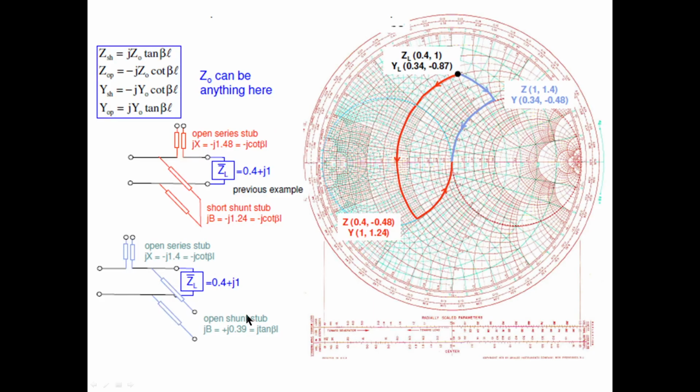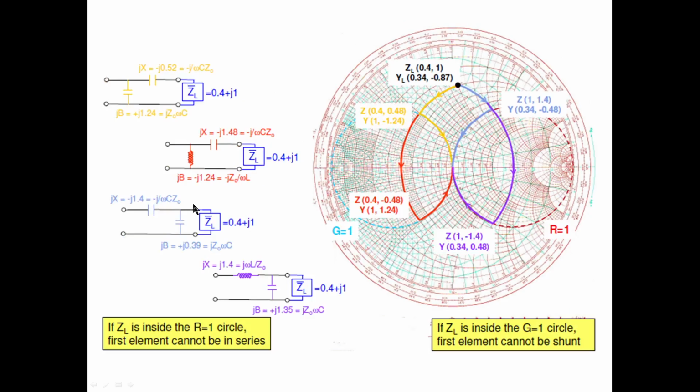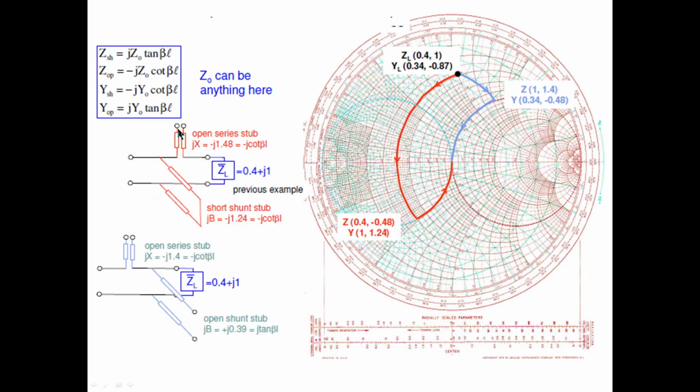For a shunt stub design, you should take the B value. For a series stub design, you should take the X. Go through the stub design. Okay, I already told how to do that. So like this, instead of using an inductor and capacitor, we are designing that inductor and capacitor using stubs.